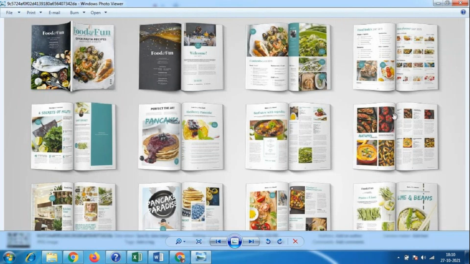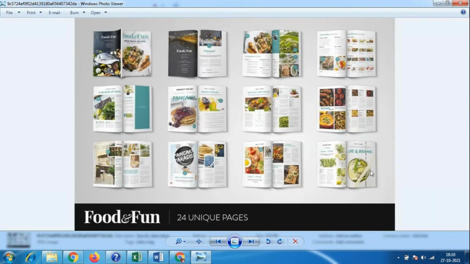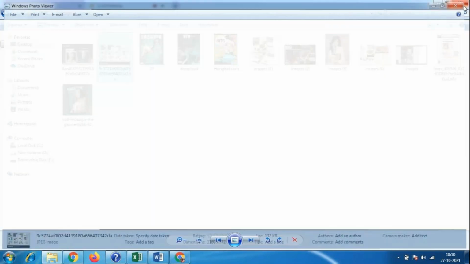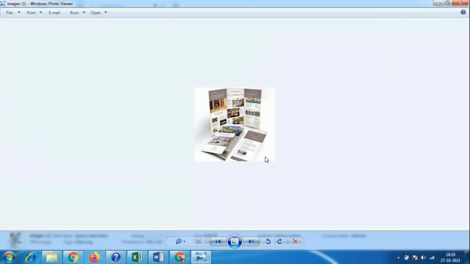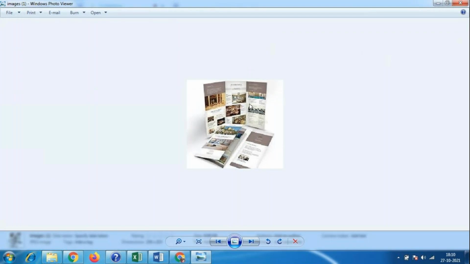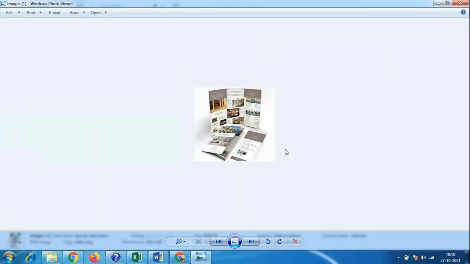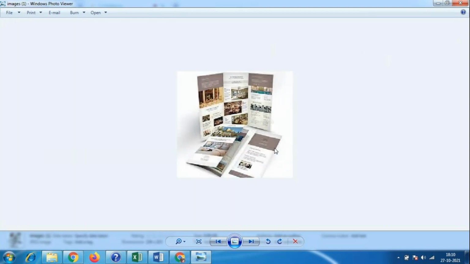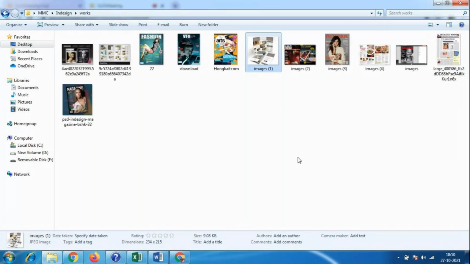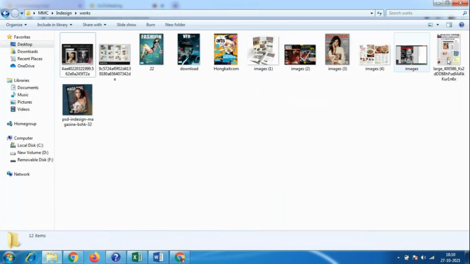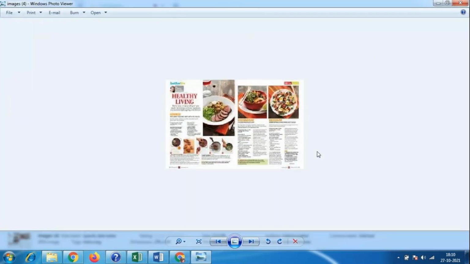We can make different types of magazines, booklets, pamphlets, banners, everything. I showed you here a 2 or 3 folded design, like hotel menu cards and invitation cards, you are seeing, right? The folding option is there, you can fold it 2 times or 3 times. So that is what we have to make here. According to that we have to decide how many rows and how many columns.